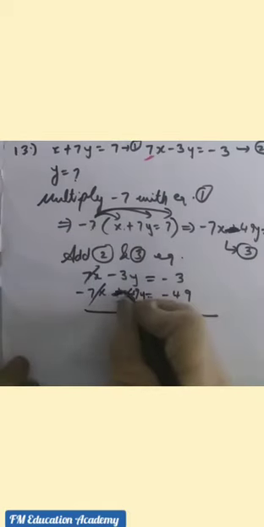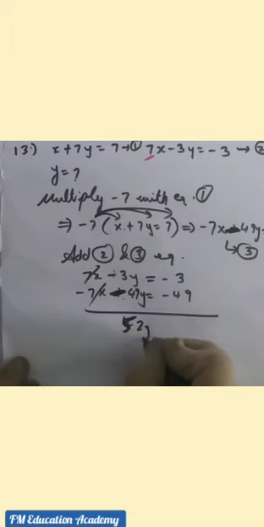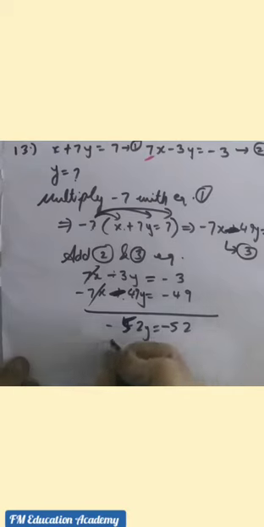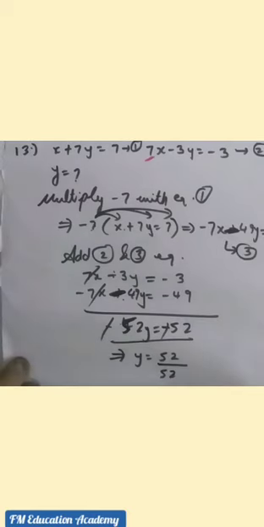Already we wrote, okay. So now when signs are same, add 49 plus 3, 52y is equals to, signs are same, add 49 plus 3 is also 52. Both sides we have minus minus, so both will get cancelled. So we have y is equals to 52 divided by 52, 52 ones are 52.